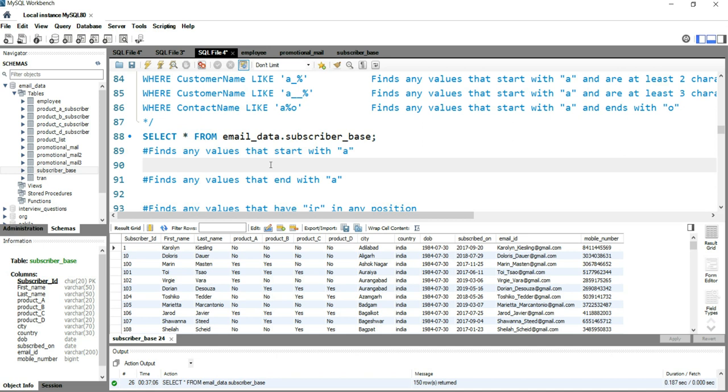Now we need to find all those users whose first name starts with A. So what we will do is write select star from the database, then the table name, which is subscriber base.